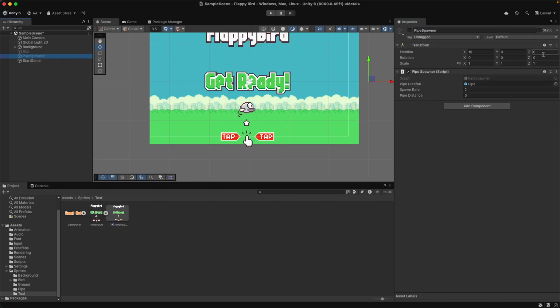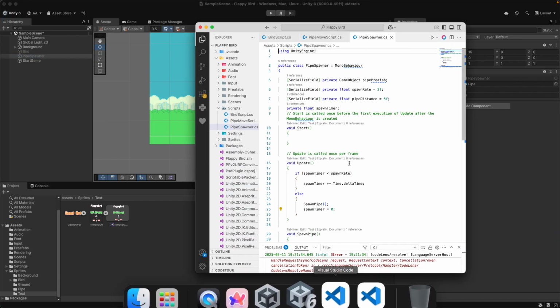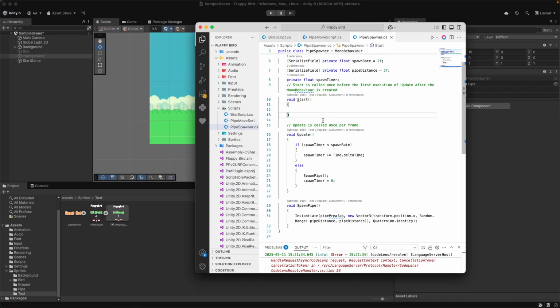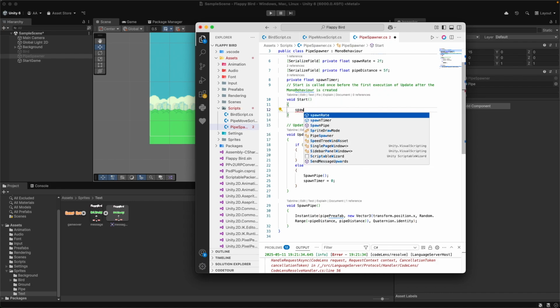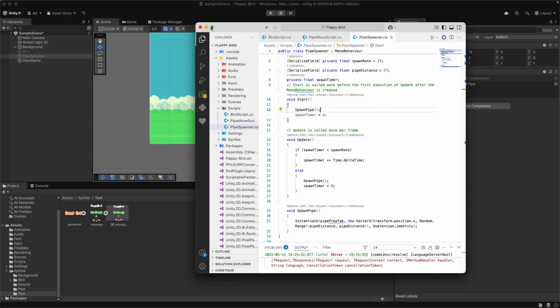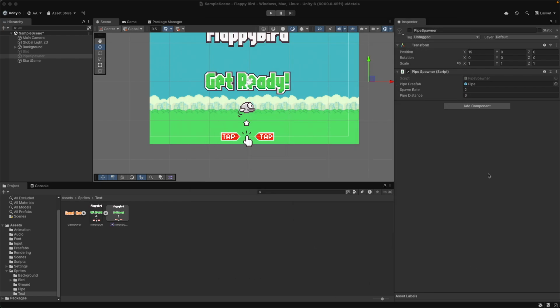Oh yeah, and quickly, we can go to pipe spawner, and this is just going to make stuff better. You can in start also call spawn just to make it so that the pipe spawns immediately. So spawn pipe, just save that. Sorry. Anyways, now that this is done, we can actually implement the start game. So just wait for this to reload. Sorry about those quick changes. I'm just quite an idiot. Anyways,